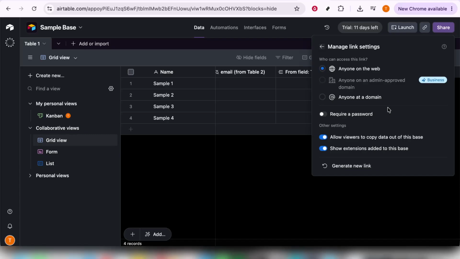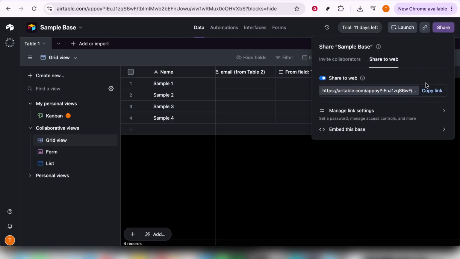As you're sharing your base through either method, it's beneficial to provide context for your collaborators by adding a brief note or message. This ensures that everyone is clearly aligned on the purpose of the collaboration and any specific tasks they should focus on. Whether it's through a comment on a record or a brief explanation in the initial sharing invite, this communication is crucial. With these steps, you should now feel empowered to bring others into Airtable and collaborate with ease. This capability